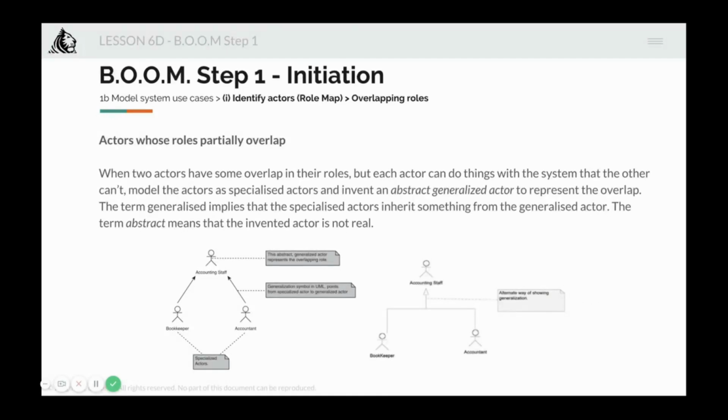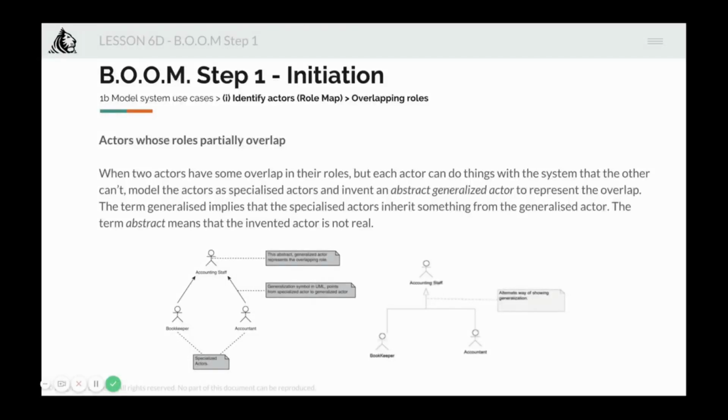So, formally, what is happening is the specialized actors, the bookkeeper and the accountant, for example, inherit the associations that the generalized one has with the system use cases. So, whatever the accounting staff can do with the system, the bookkeeper and accountant are inheriting. But in general, when you're describing in the PRD and so on, you can use accounting staff instead of using bookkeeper and accountant frequently, right? And the generalized actor may not be a true role, but in most scenarios it is just an abstract concept meant to represent the shared aspects of other roles. Okay,